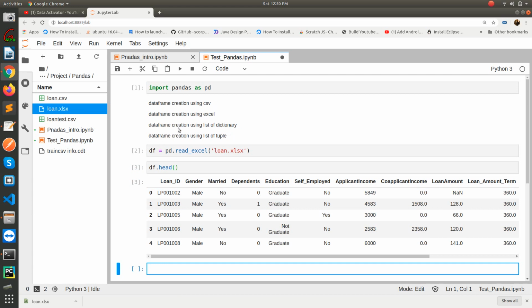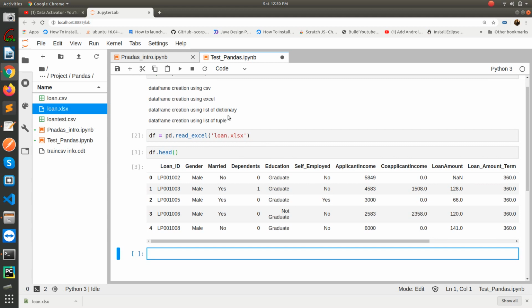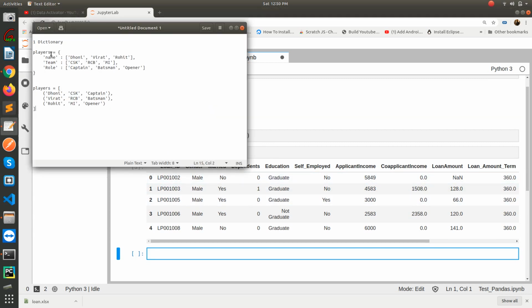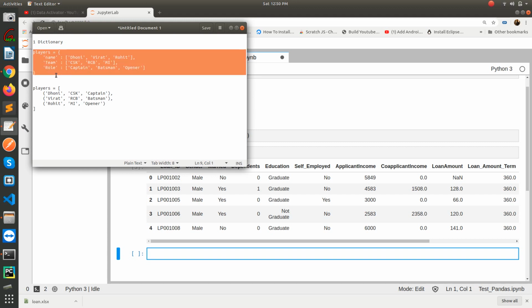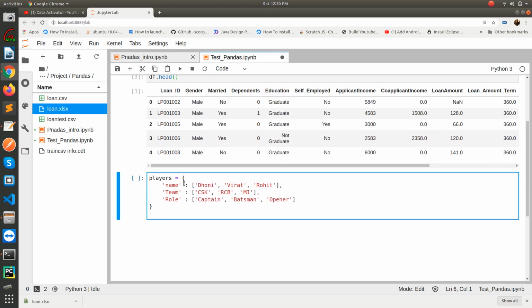How we can create a data frame using a dictionary, and what is the similarity we can get between a dictionary and our data frame. So let me just copy over a dictionary which I have written here. Okay, so a dictionary with the players' names I have created, and here you can see this is the key name and the value is a list.